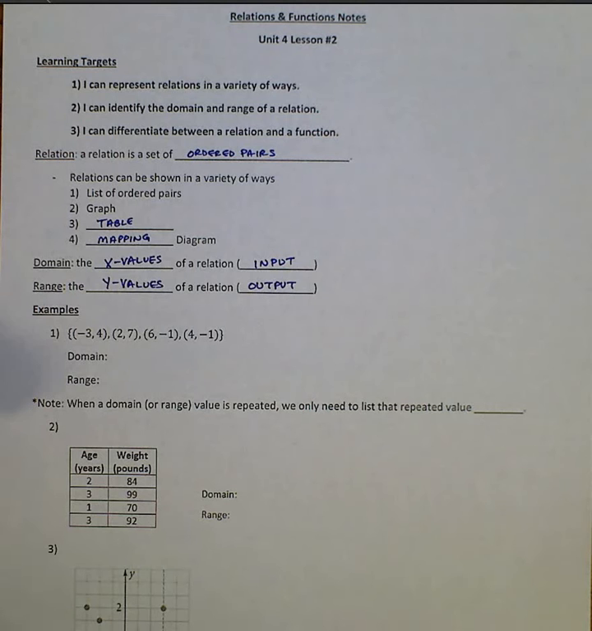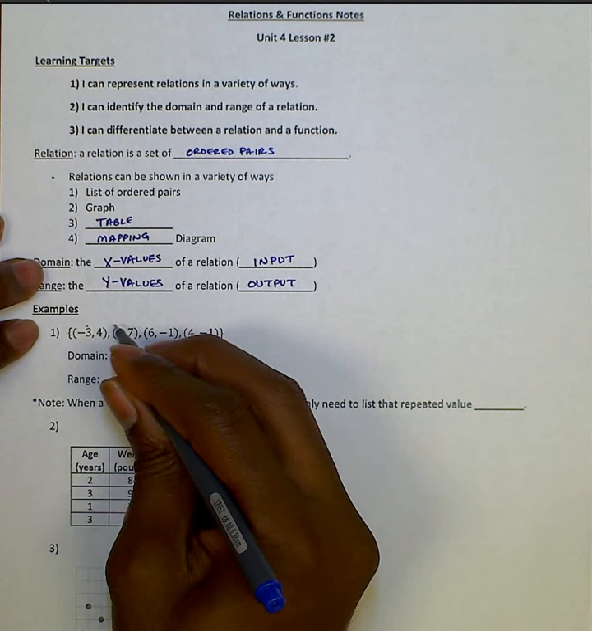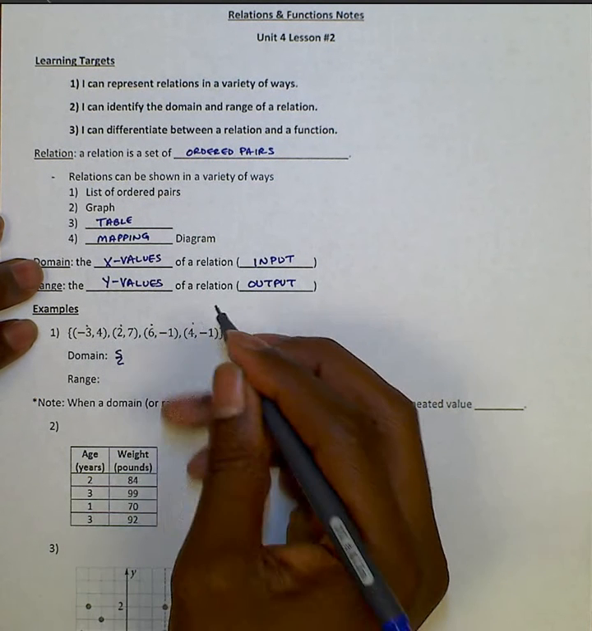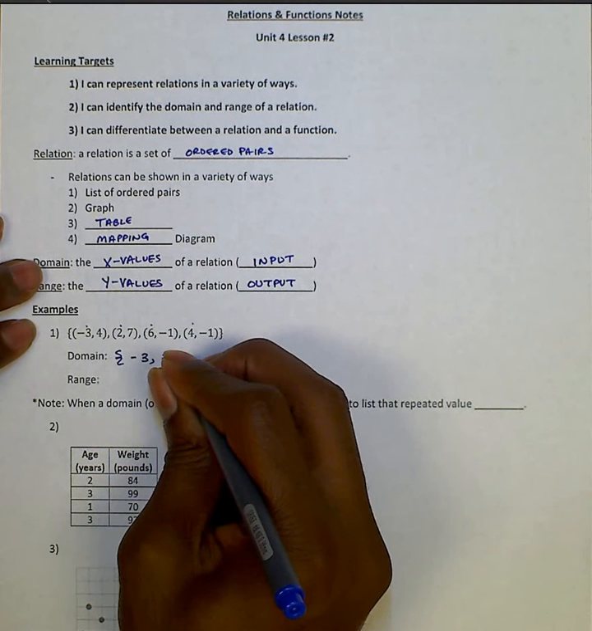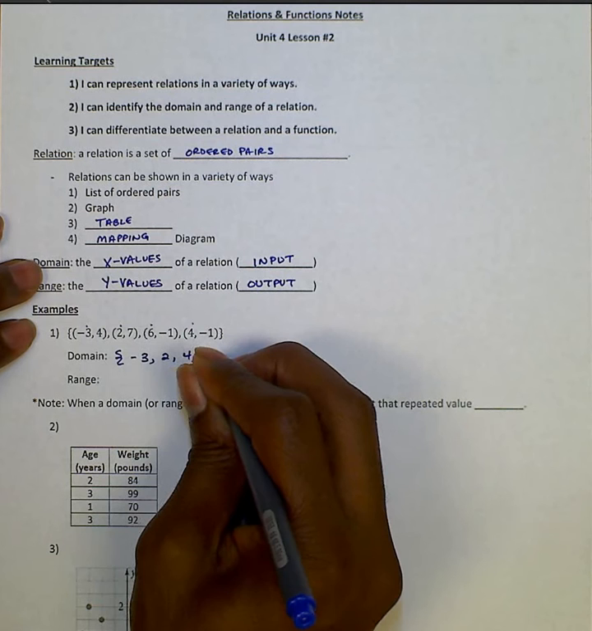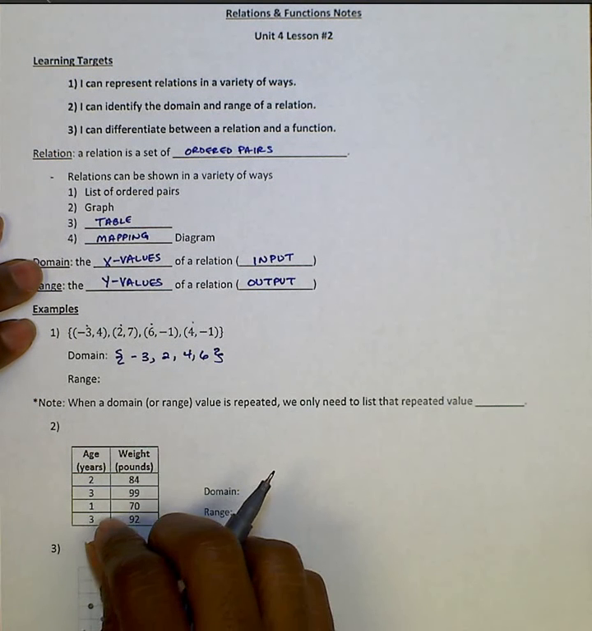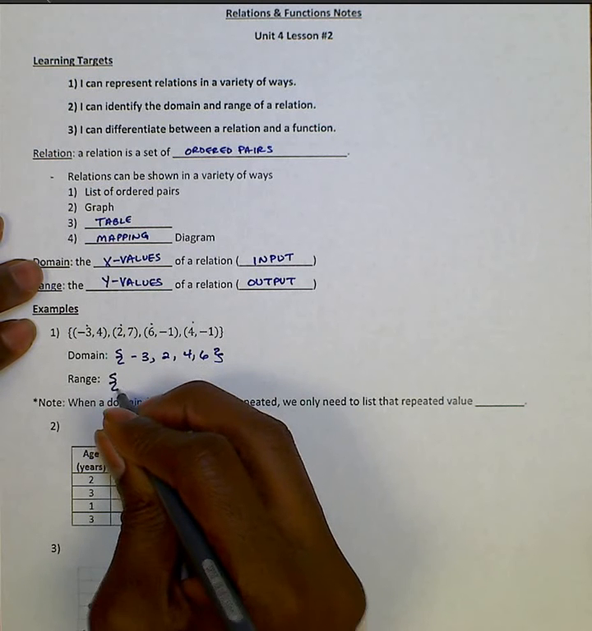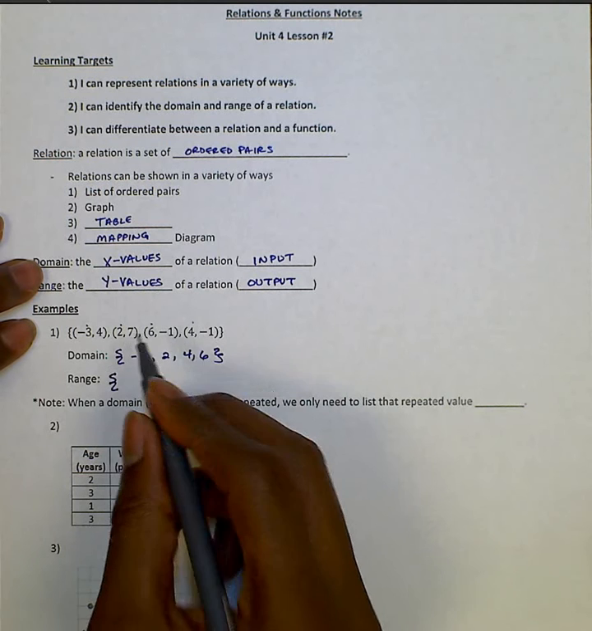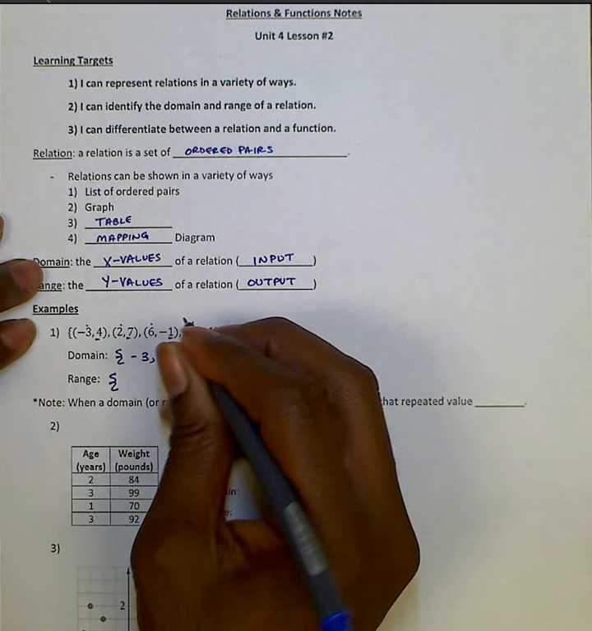So what I want to do is list the domain, which is just the x values. So these values here, I'm going to list this, and what I typically do is I will list them from least to greatest. Okay, you might see them written other ways, not least to greatest, but I recommend doing least to greatest. And then the range is the same thing, except it's the y values, all the y's. And so again, from least to greatest, -1,